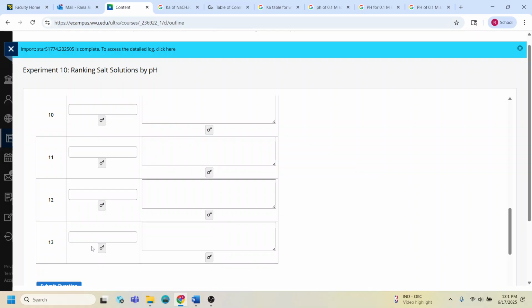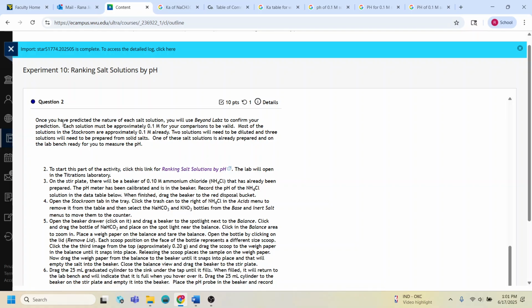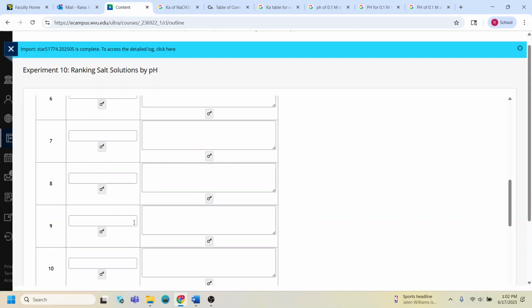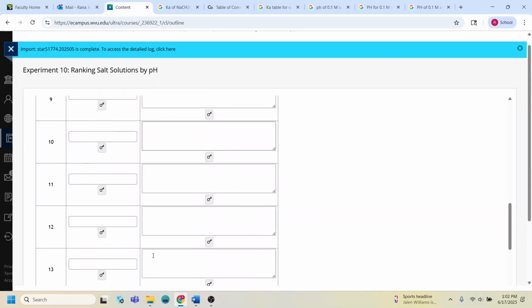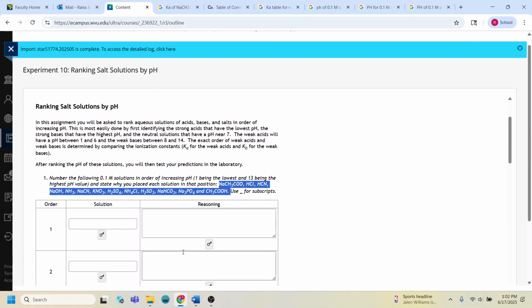And we know that the weaker the acid, the stronger is the base. So we're expecting here to be the strongest base. And then the second part is going to be the actual experiment where you are going to look at the pH values for the solutions that you predicted, and you would see how your prediction goes. So in order to start with the first part of the experiment,